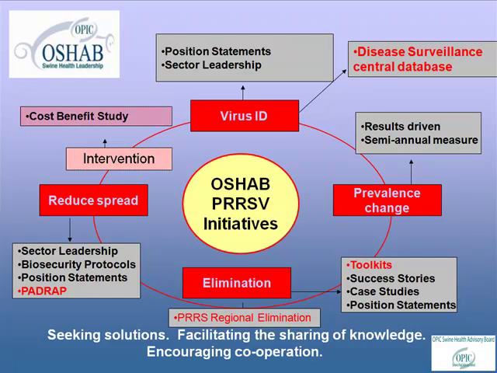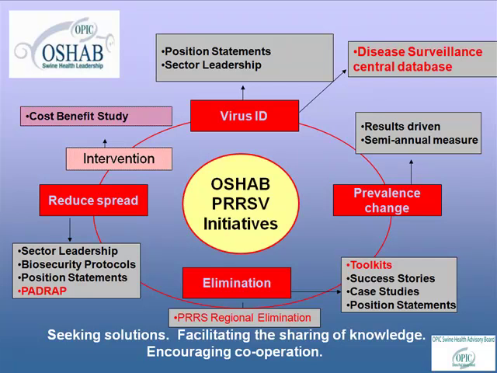Also, there's benchmarking that's done twice a year looking at prevalence and new PRRS breaks, going through different toolkits. There are position statements related to biosecurity protocols, ADRAB, and also looking at intervention. And there was a small study done looking at 3 commonly used PRRS intervention strategies and looking at the cost